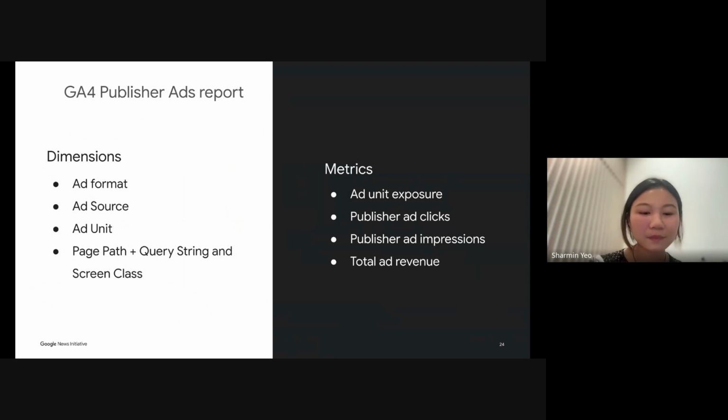So ad format represents the type of ad format displayed. It could be in different sizes, formats or types. An example is a leaderboard at the top of your website. Maybe you want to understand how this ad would work, or the format of the ad. And then ad source represents the platform or the network that the ads are being served from. So for example, if it's a Google Ad Manager